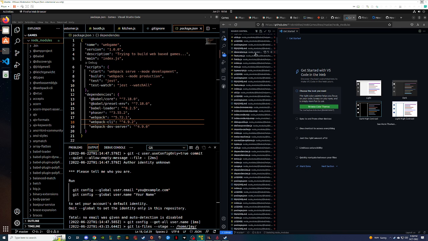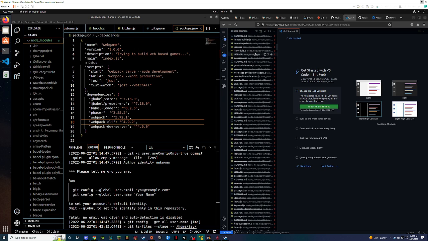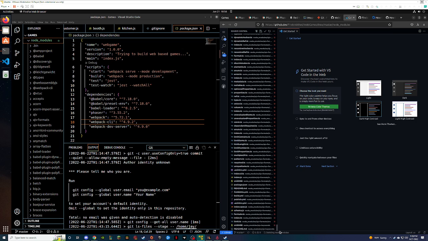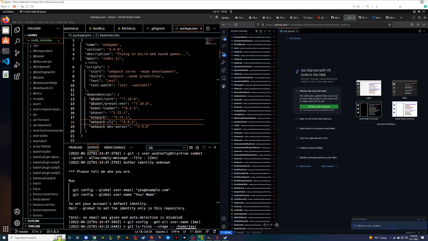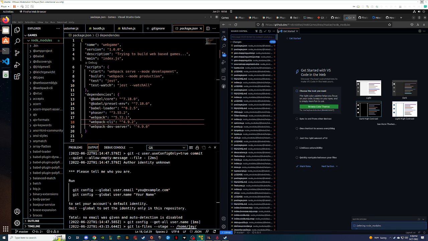So I think so far it's just gone through the Babel ones. Well, I just wish there's a way to stop this. Like, deleting files shouldn't be this difficult.